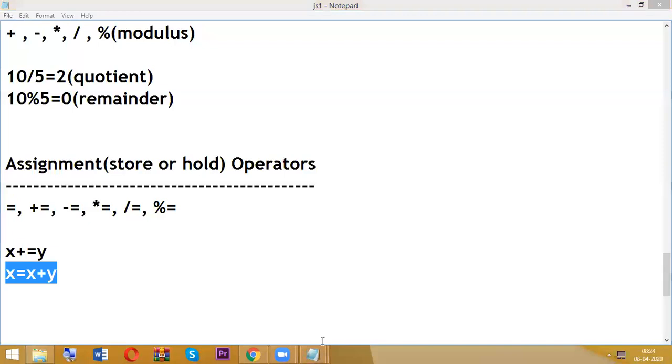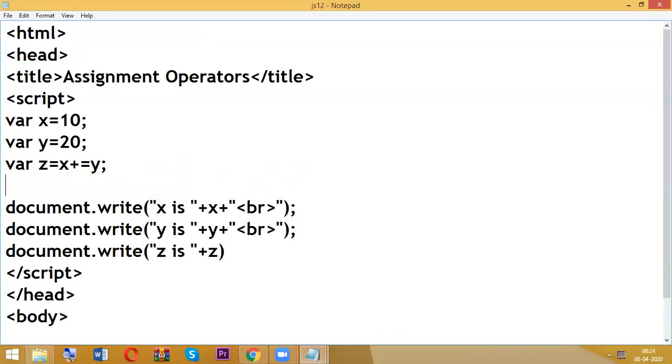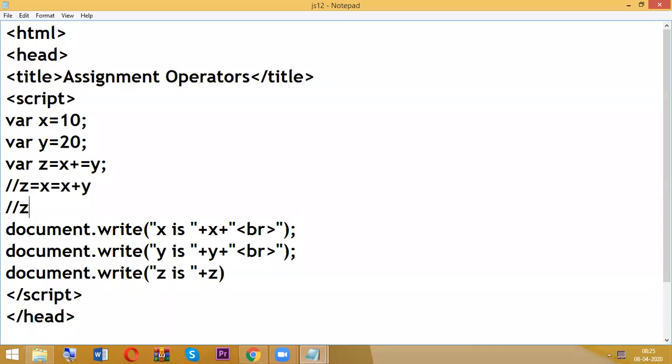Okay, so now here I am going to write in comments z equal to x plus equal to y. What is the meaning of x plus equal to y? x equal to x plus y. What is the x value here? 10.